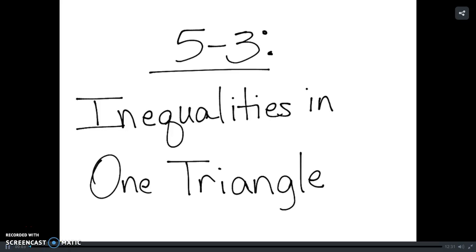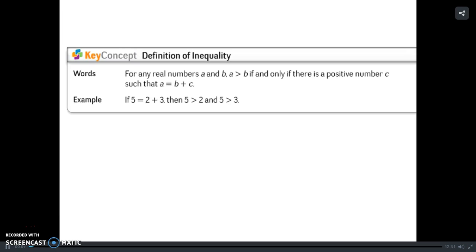Today we're talking about inequalities in one triangle. You talked about inequalities in algebra, and when you talked about them, you said, okay, you can have one number is greater than or less than or equal to another number. And so just as a reminder, those are the symbols that we have: greater than, less than,